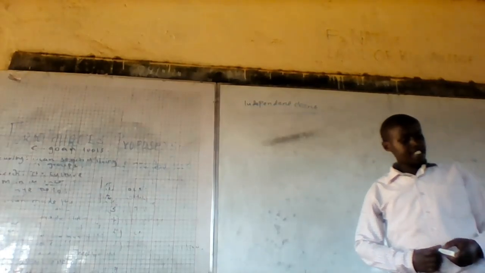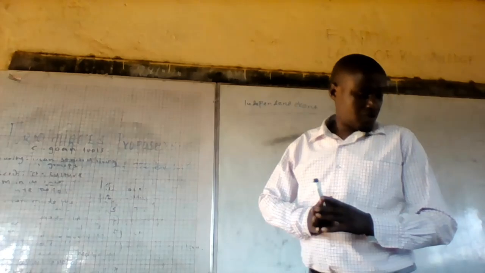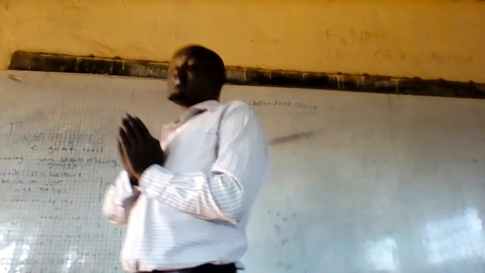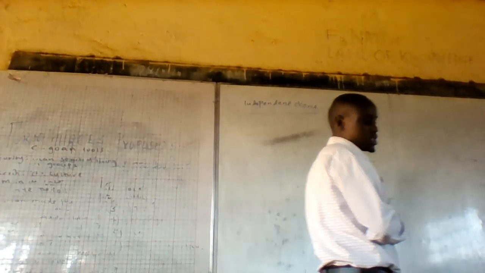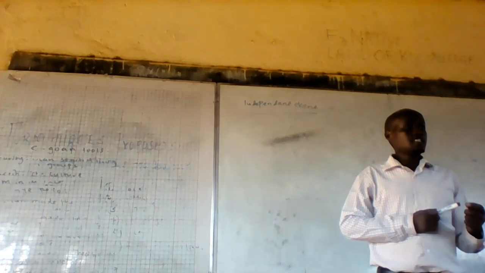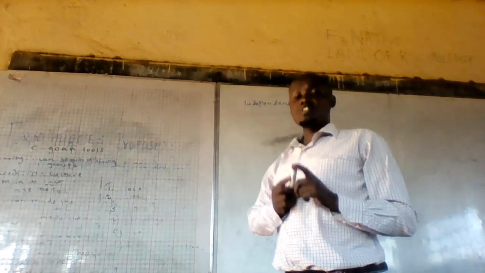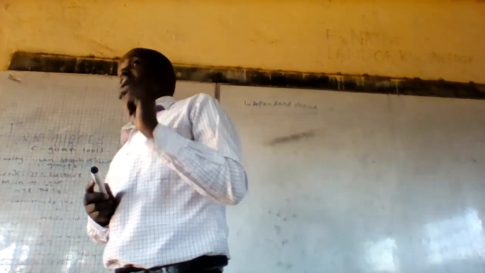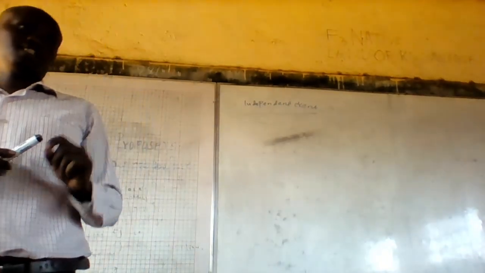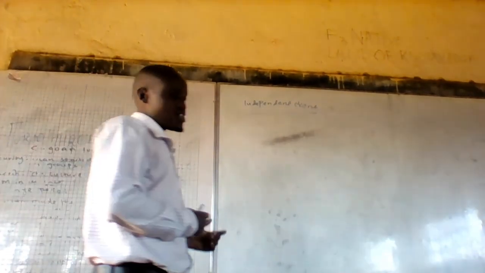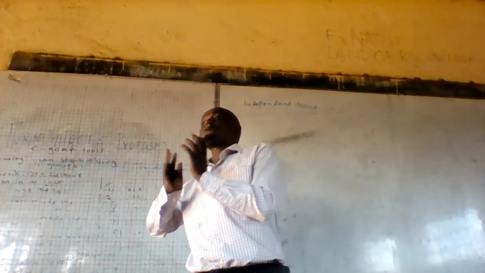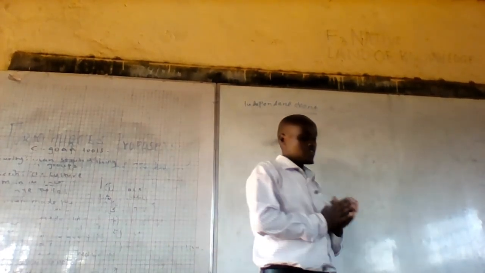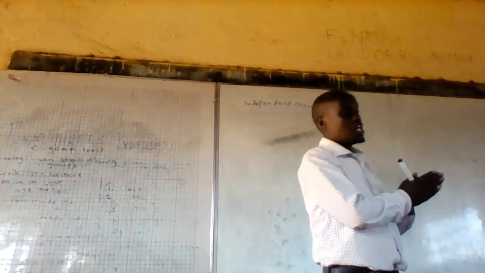Independent events. Two events, A and B, are said to be independent if the occurrence of one event, the occurrence of A,